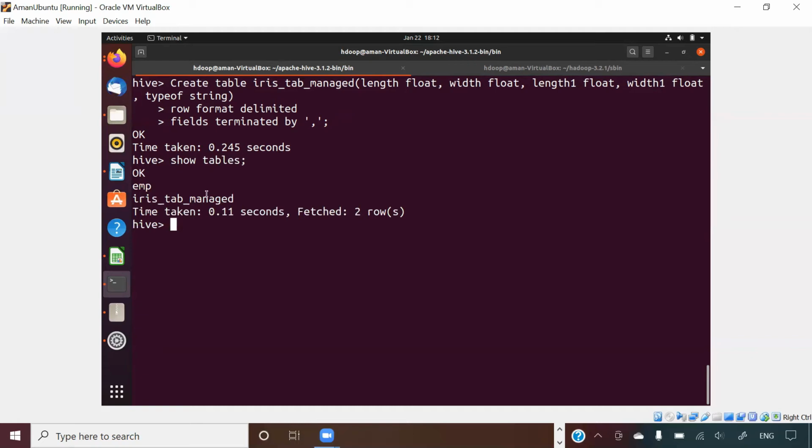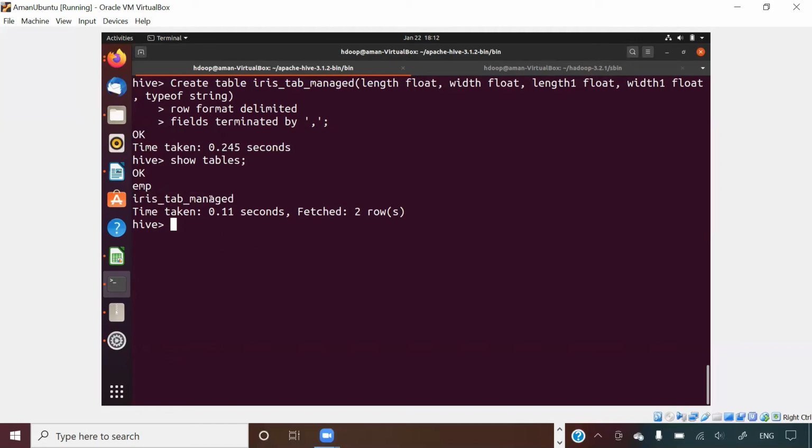Let us do show tables. Iris table managed. Okay. One important thing I want to show you here, guys. There are 2 types of table in Hive. One is called a managed table and the other is called an external table. The difference is, in a managed table, everything, the table structure, data, everything will be managed by Hive only. On the other hand, the external table is loosely coupled with the data. Which means that if you create an external table, then if you delete the table, data will not get deleted. This is an interview question, guys. People will ask you, if you say that you know big data, people will ask you in Hive what is the difference between managed and external table.